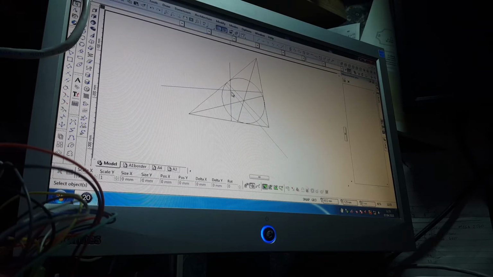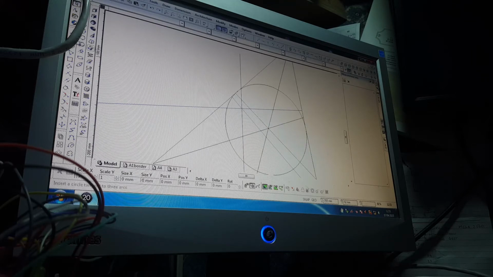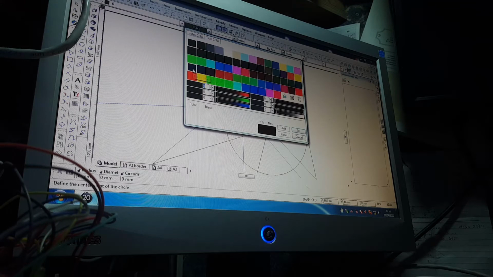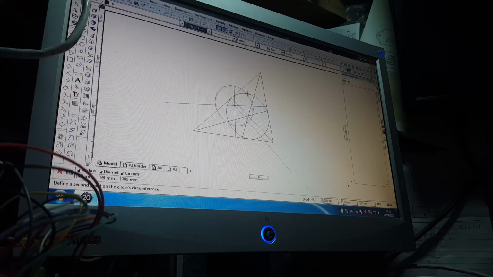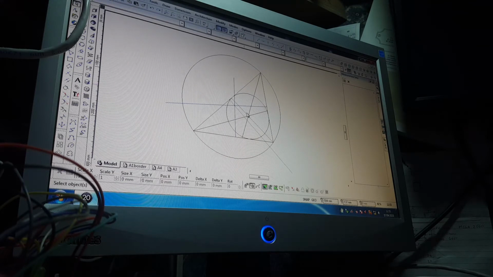Right, looks a bit of a strange point, that, doesn't it? But if we pick up the circle tool to change the colour to blue so it stands out, and I click on that as an intersection from my centre point of my circle, you'll find now, if you then snap to any of the triangular vertices, you've got a circumscribed circle around the triangle. I'll just pick the trim tool up, multiple trimming edges, just tidy up that,